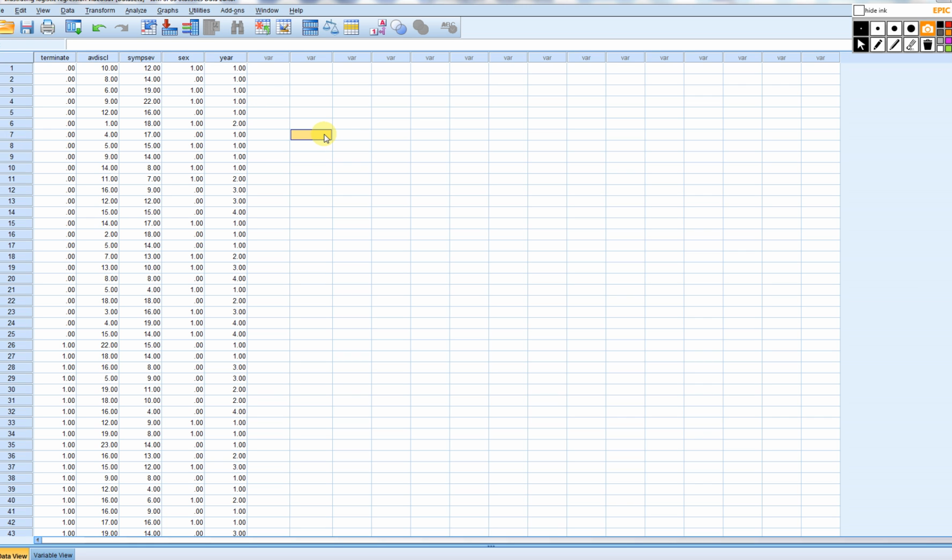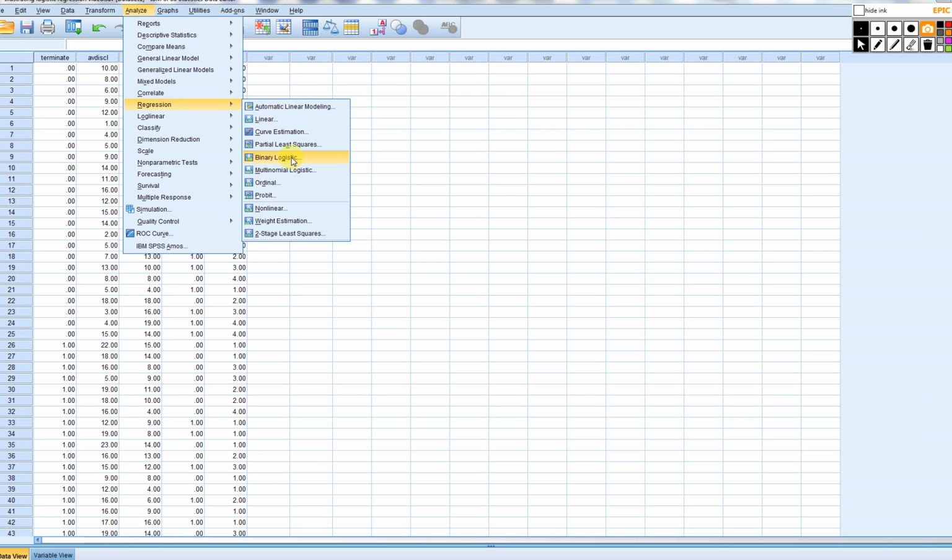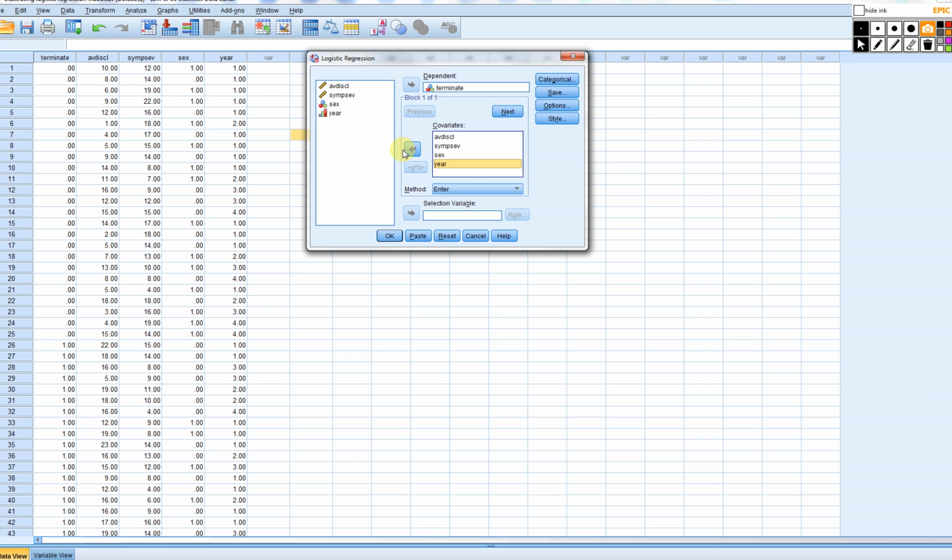Basically, if you want to run a regression analysis with a categorical variable, you have to convert that categorical variable into a set of dummy variables, which allows for comparisons between a baseline group and the remaining groups. Essentially, this translates into a set of orthogonal contrasts. So, if in SPSS, I go to binary logistic and add year,